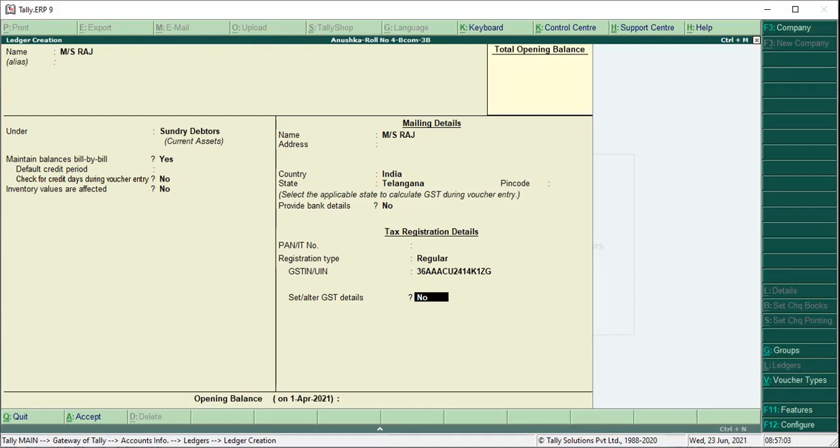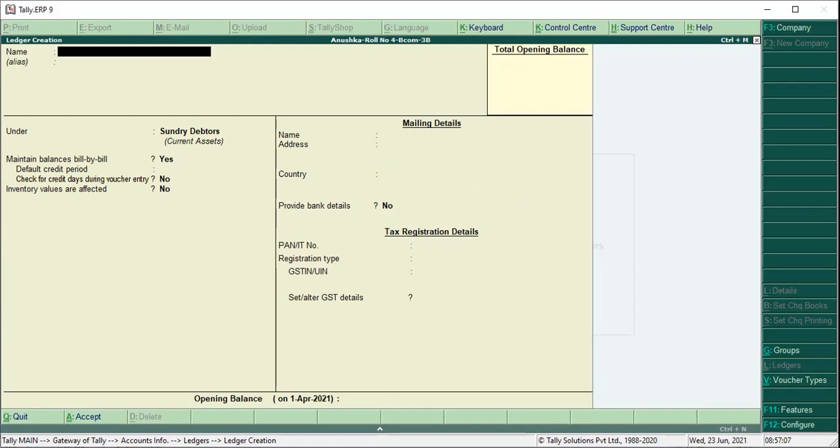Now you have to create duties and taxes ledgers. There are two ledgers, CGST and SGST. When you're selling goods, you have to pay output tax, that is called output CGST. You can mention it at the rate of 9%.